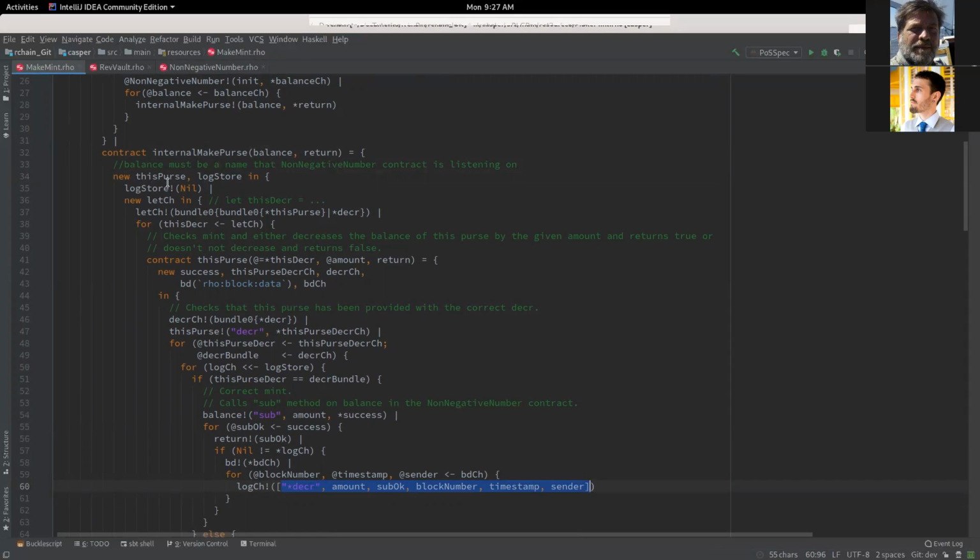And what this purse does is, here's a contract with this purse basically. I forget what they called this thing. Well, technically, I guess this thing, right? So I know this decker is a name. Basically we made the name here, and all of this junk is just some really verbose syntax for doing something like a let binding, like this.